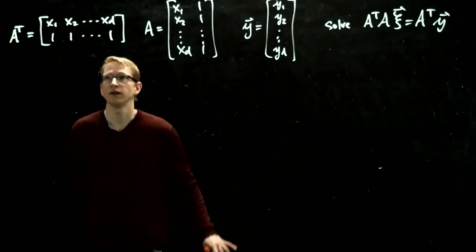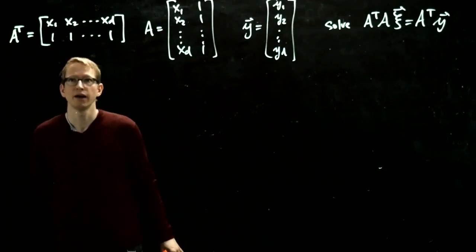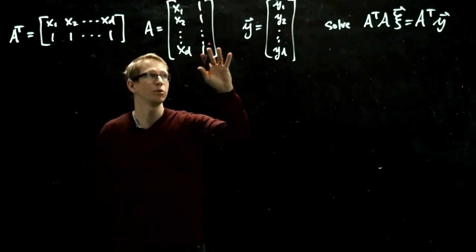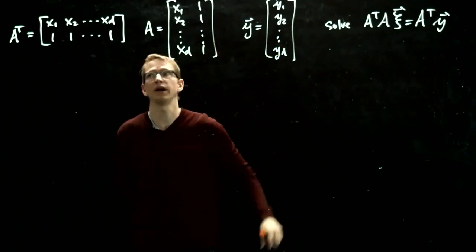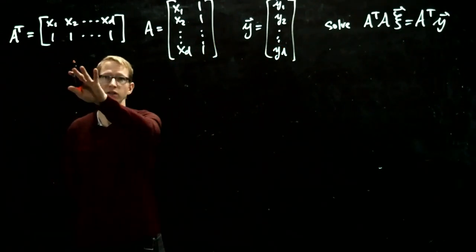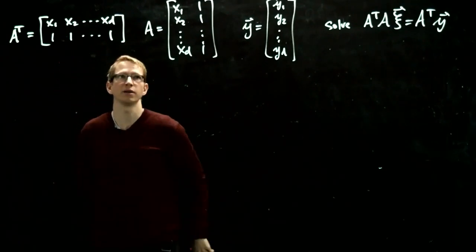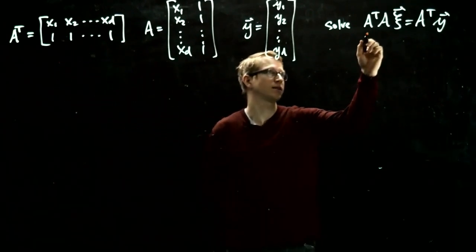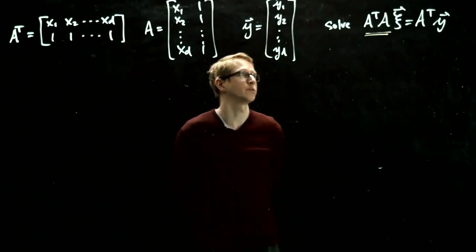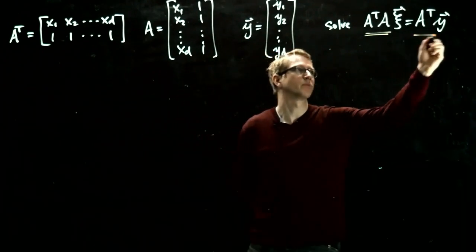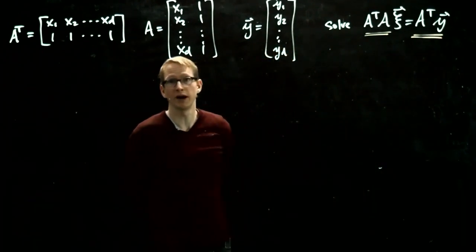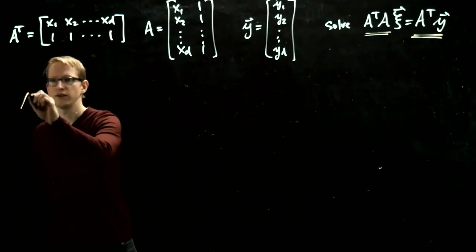So I've written the problem setup, and we have the matrix A with our data points for x and our vector y with y. And I've taken the transpose and I've written it on the left because we'll be applying matrix multiplication to this side to solve for A transpose A. And then we'll also matrix multiply A transpose with y. So if we multiply these two matrices,